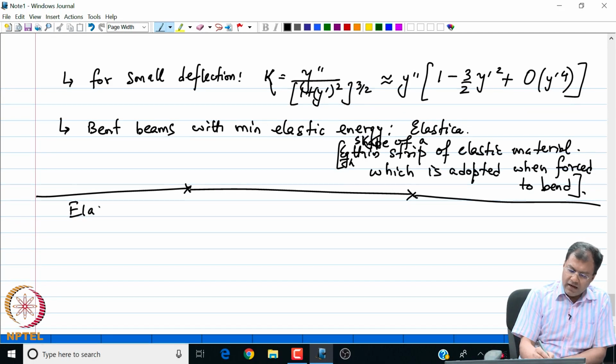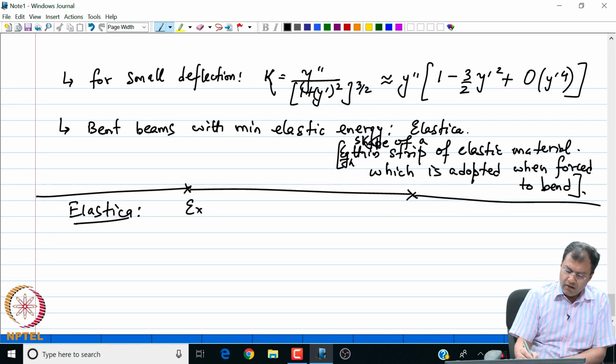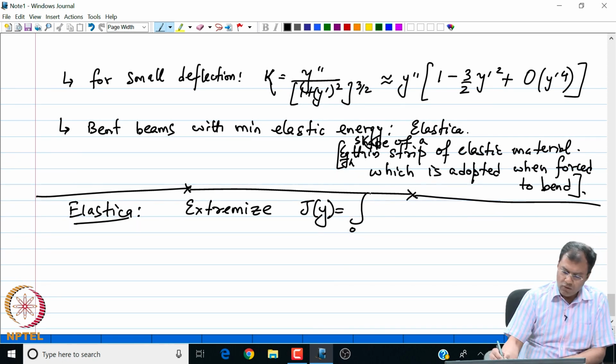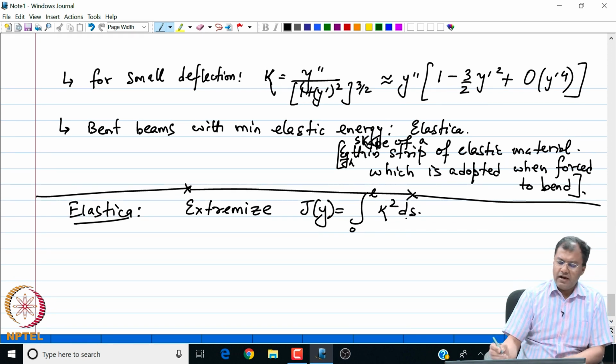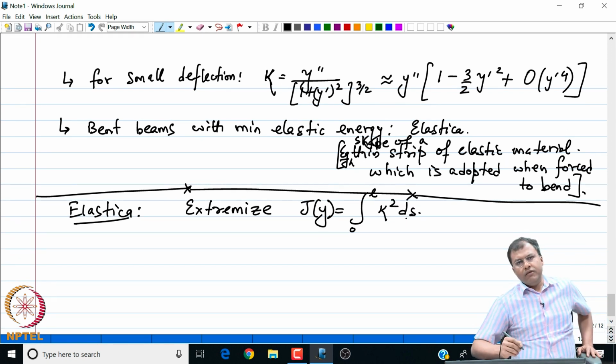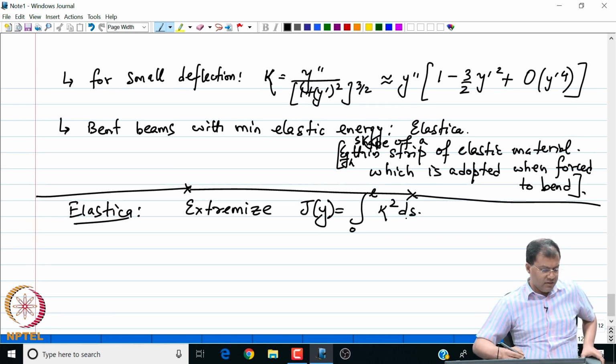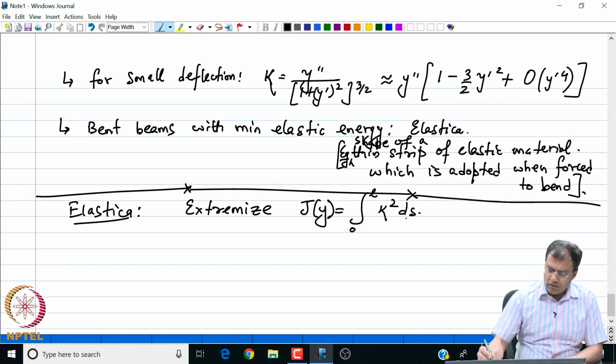For elastica we have the following functional, which we extremize or minimize. It is the elastic energy, the integral from 0 to L of kappa squared ds, where kappa is my curvature, with the most general formula that we have just derived. So, this is my elastic energy